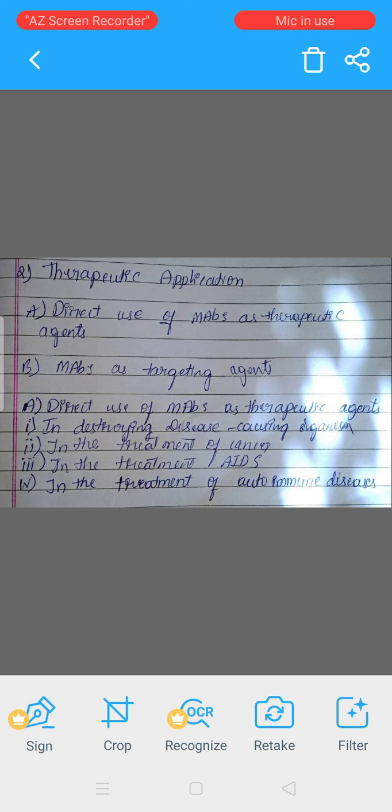And in the treatment of cancer, monoclonal antibodies against the antigens on the surface of cancer cells are useful for the treatment of cancer. The antibodies bind to the cancer cells and destroy them. And in the treatment of AIDS,